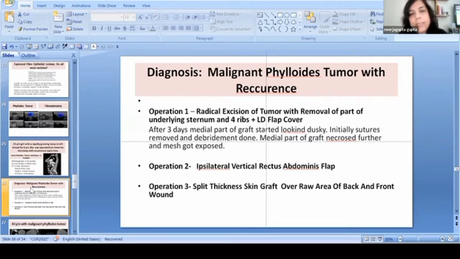So then the second operation was done where she had an ipsilateral vertical rectus abdominis flap. And then the third operation to cover the raw area of the back and front wound. So multiple surgeries. So phyllodes tumor, I think it's dreaded mainly because it is so disfiguring. Even though this was malignant, but even